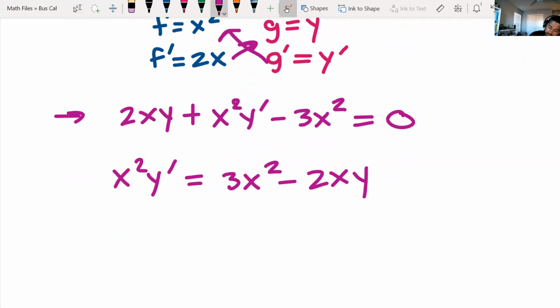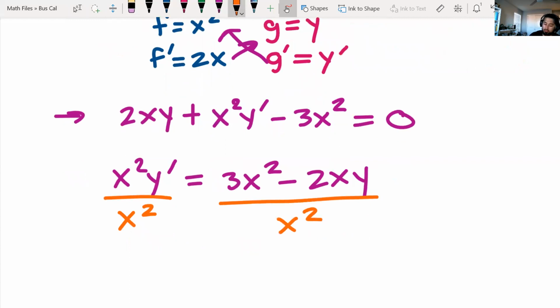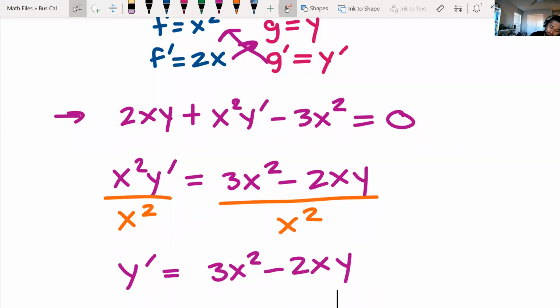And then divide by x squared. So y prime will be 3x squared minus 2xy